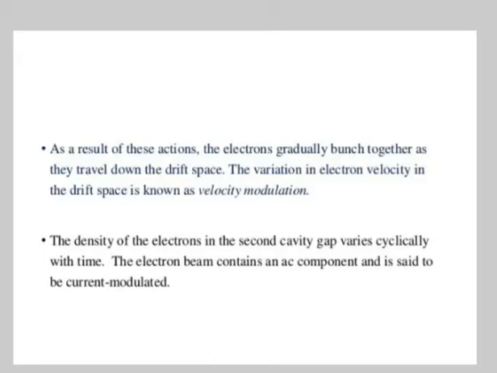Actually, the two cavity klystron consists of a cathode anode configuration, that is the electron gun, to produce an accelerated electron beam. A buncher, which is the input cavity, a catcher, which is the output cavity, and a field free drift space between the input and output cavities. A pair of buncher grids is the first gap, and a pair of catcher grids is the second gap. There is also a collector, an input coupling loop in the buncher cavity and an output coupling loop in the catcher cavity.